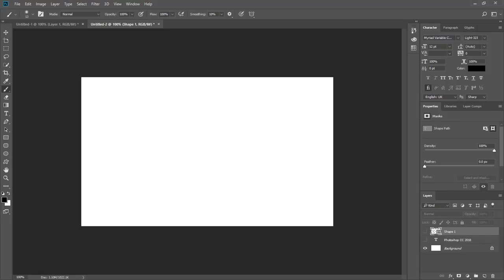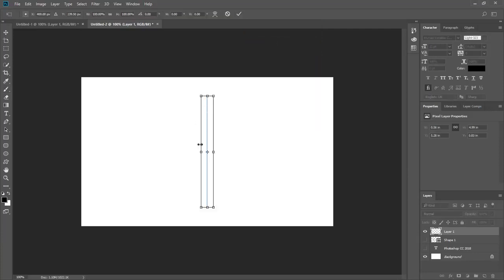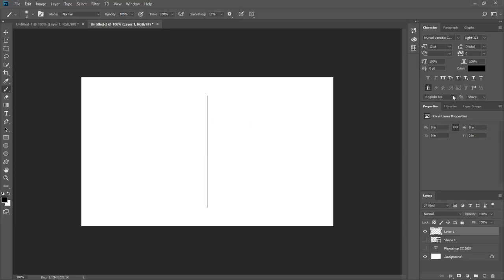Now doing one thing here, we will make one new layer, for example here, and we will come here and make a new vertical layer, and you will find that you have a vertical line, and you can resize that as well. But for now I will not resize that one, just pressing OK. And I have my brush, and I have black color. Now making one new layer and just adjusting the size, and you can see